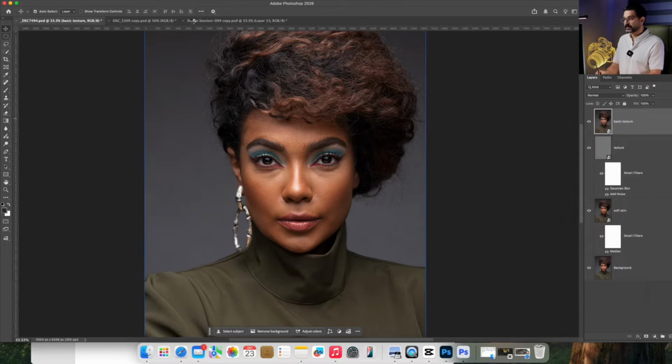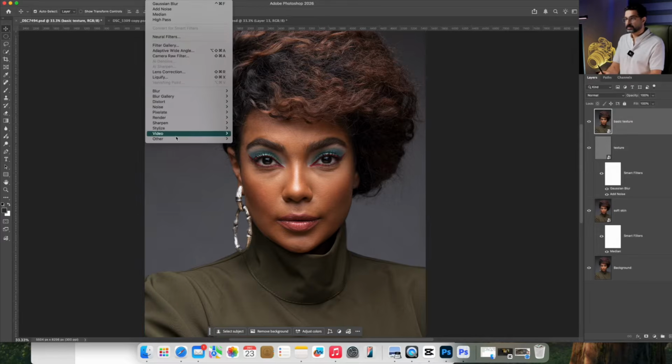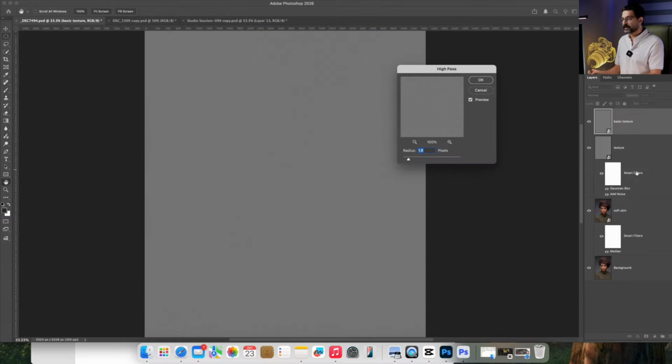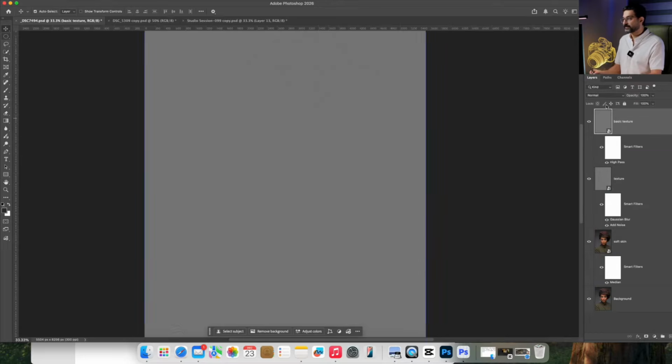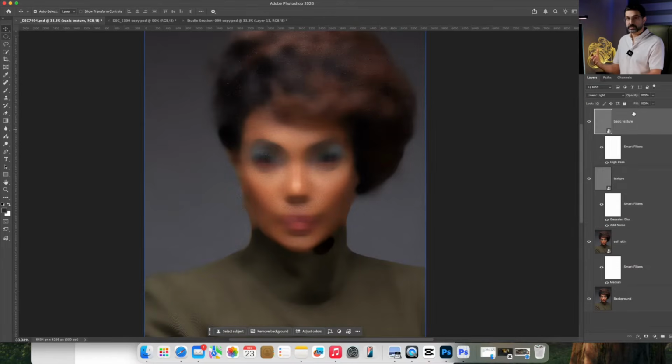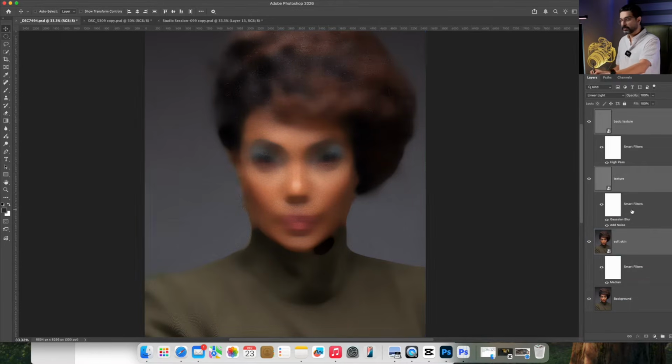I convert it to a Smart Object, go to the filter menu, choose Other, and select High Pass. Use the same value you use for blur for the High Pass option as well. 1.8. I confirm it, change its mode, and set it to Linear Light. Now I just need to merge these layers that I created together into a group using Command G, and then